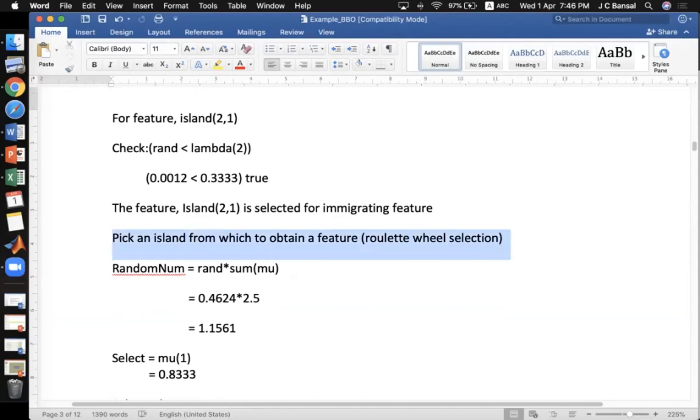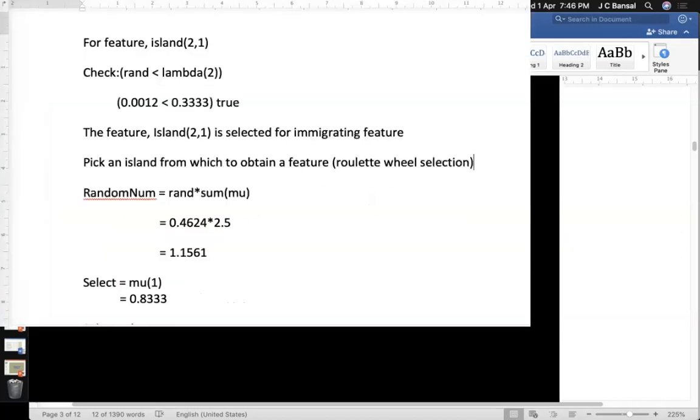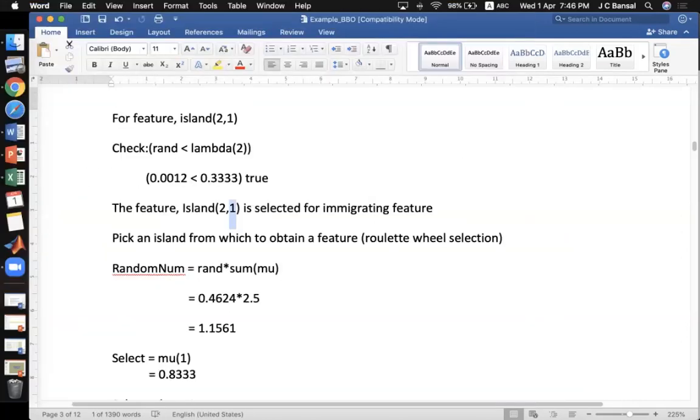This process is done using the roulette wheel selection. Next, we are going to explain how the emigrating habitat or emigrating feature is identified. I hope you are clear that this one will not change. This first feature can be replaced by another island's first feature only. Another island's second feature cannot replace it.